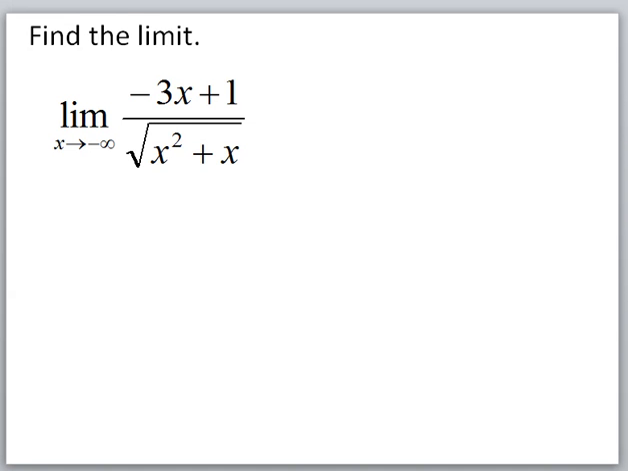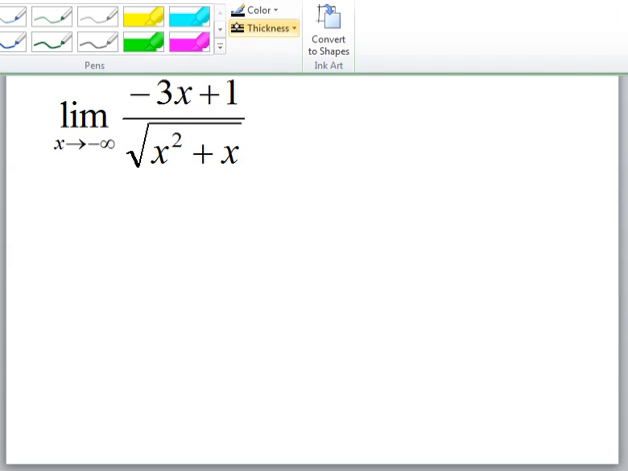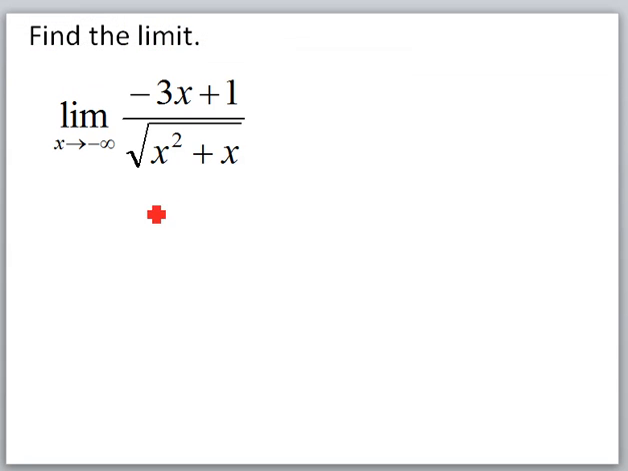Now, if you'll notice, my next slide is the exact same problem. The only thing different is now we're approaching negative infinity. So I'll go about it the same way, where I'll pick the highest degree on the top, and I'll pick the highest degree on the bottom. This time when I simplify,